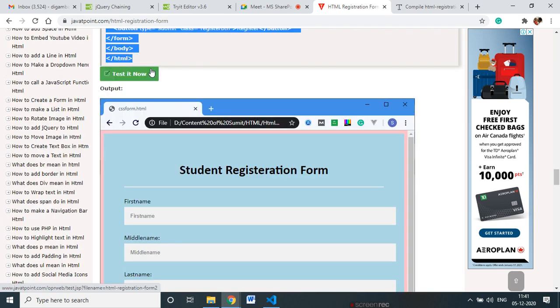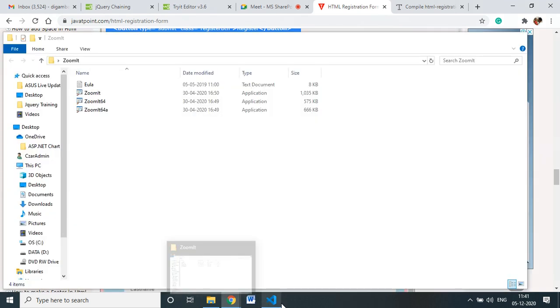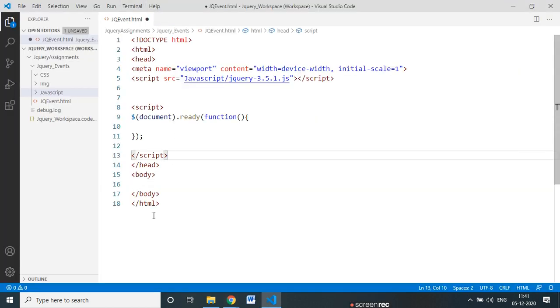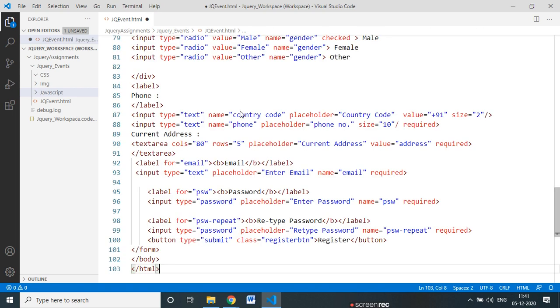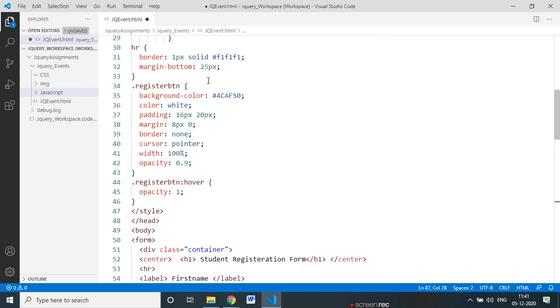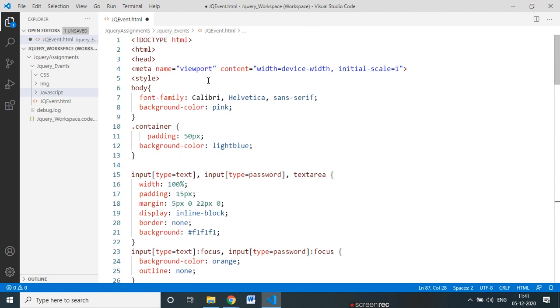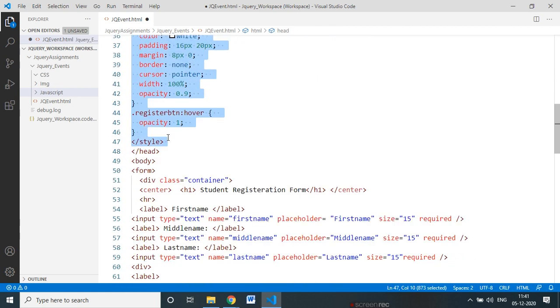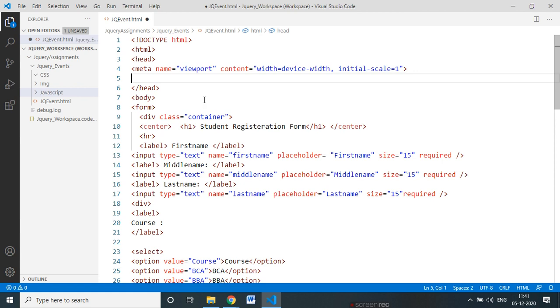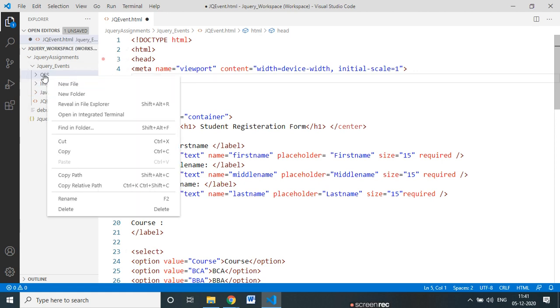And then we apply the jQuery effects on that. Here, in my registration form, I will erase everything and put in my jQuery HTML. Now as you can see here, a style is there. What I do, I remove the style and put it in a separate section, and I give the reference of the style in this page.